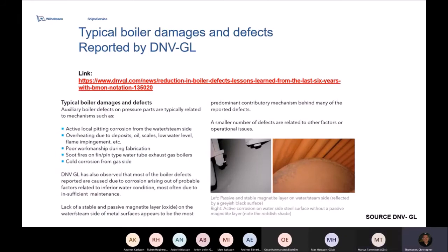Here is a typical report from DNV when they've done boiler surveys. They see a lot of problems, mainly due to the water not being protected correctly. There are ways of protecting it. One is to keep the hot water hot to stop the oxygen getting into the boiler, keeping the oxygen thermally driven out. Then you've got the chemicals which can kill the rest of the oxygen, and other chemicals to condition the water. But also, a problem they don't talk about too often, is point number 4 down here,